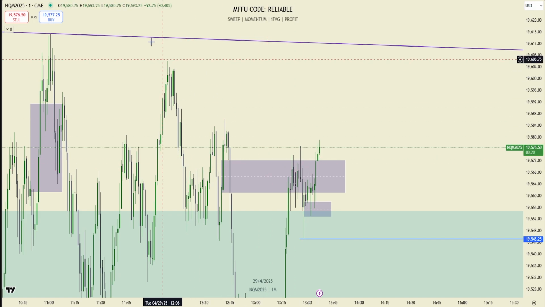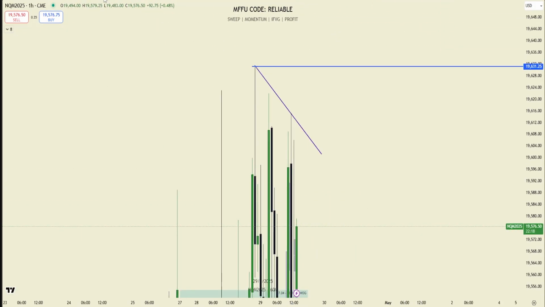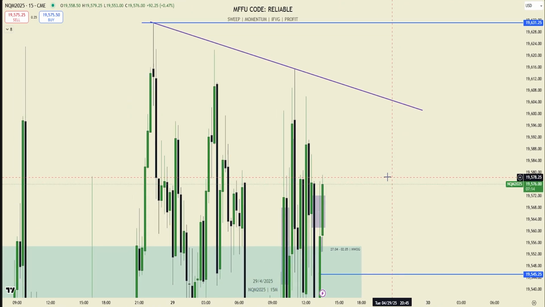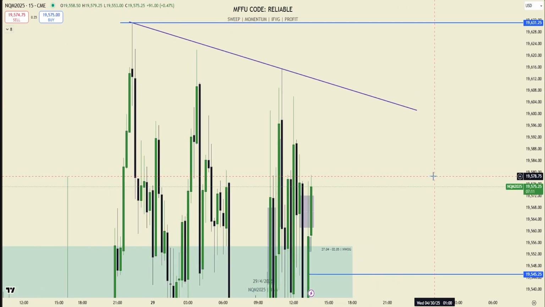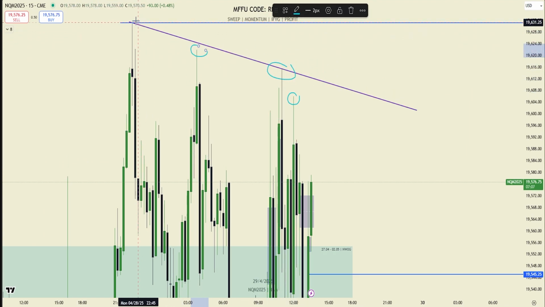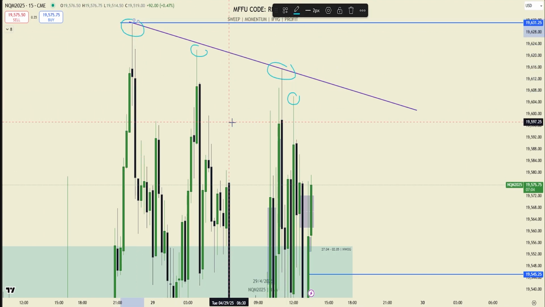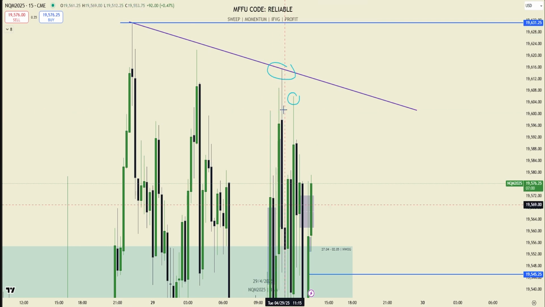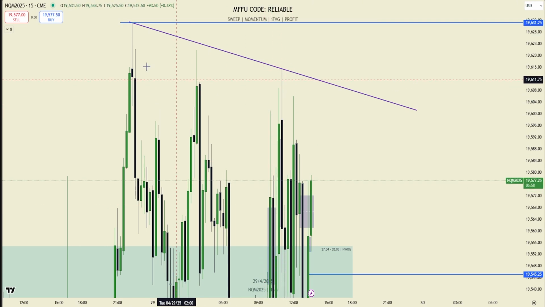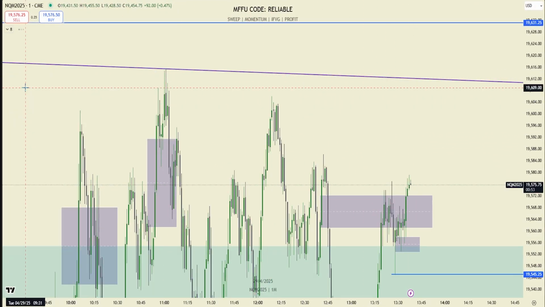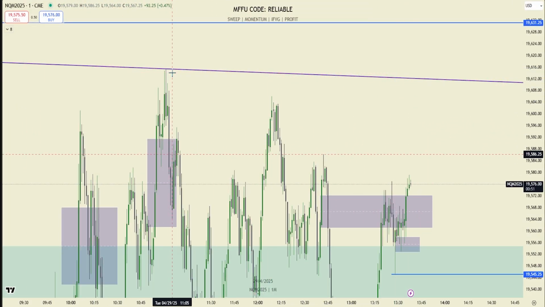Can you show me how you have the LRLR drawn? I'm struggling. Yeah, it's just basically, on the 15-minute time frame, these three highs here. It's not like the most algorithmic LRLR, but I like how we have a liquidity pool here, here, here, and here. And whenever we have stacked highs in the higher time frame like this, they usually will get ran. Maybe we take one more try to get to this high, and we bounce off of it again. Maybe you scale there at the trend line, but